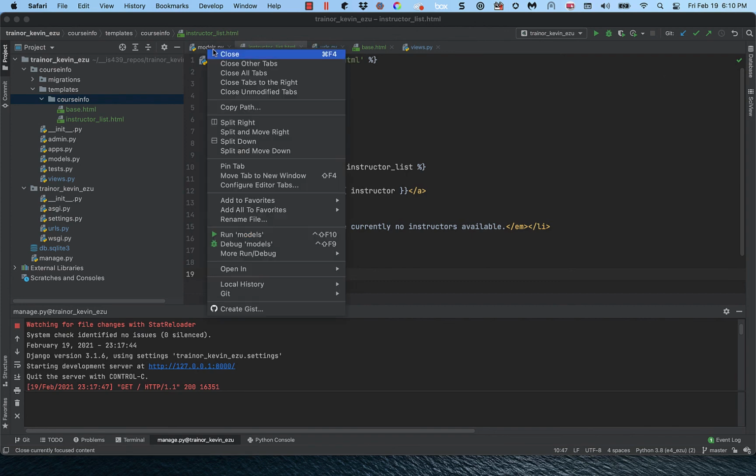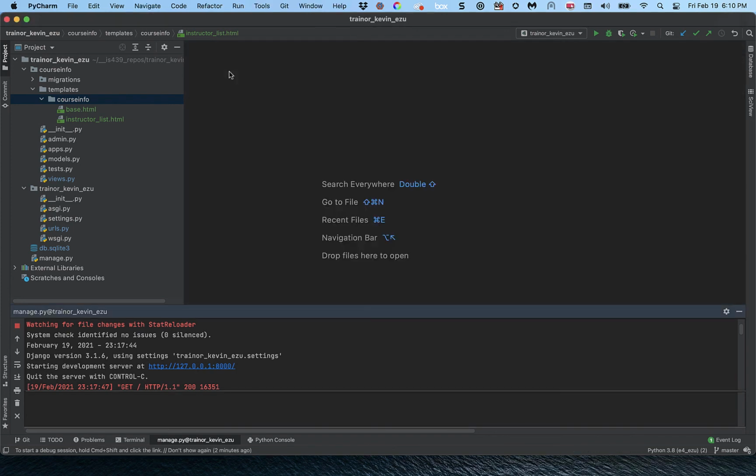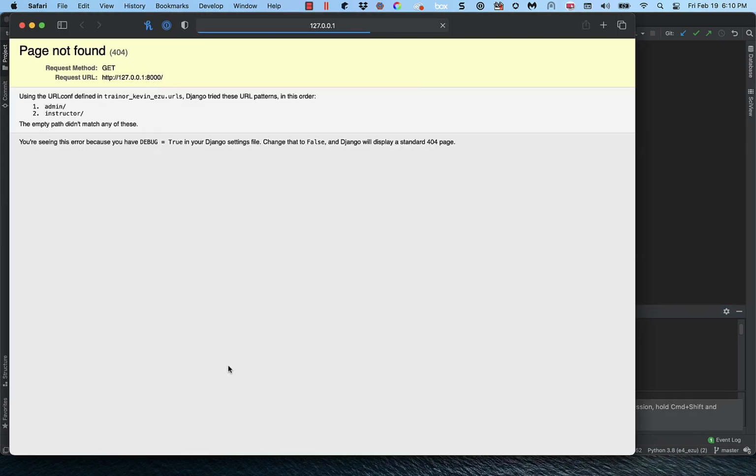I'm going to close all these tabs. So I have instructor lists, and I wanted to go to course list. No, section list. What's the order that they appear in? Well,